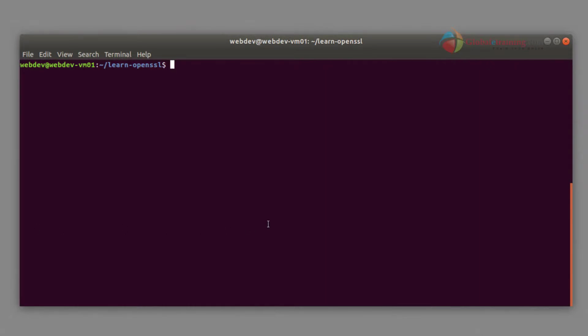The command obviously is OpenSSL. And then we need to tell the command to generate keys based on the RSA algorithm. The option for that is genrsa. Now we need to tell where to write the key. So we're going to say -out and we'll give a file name, my